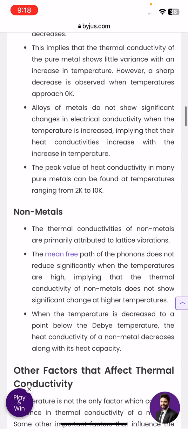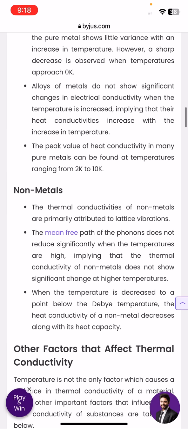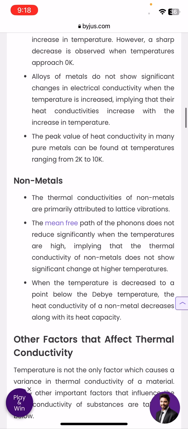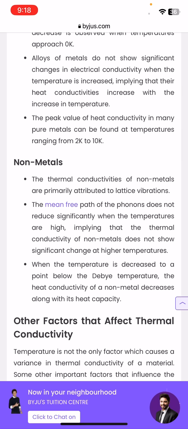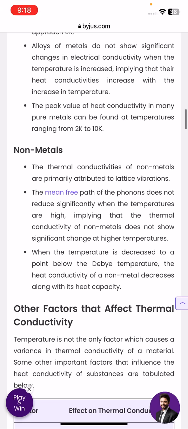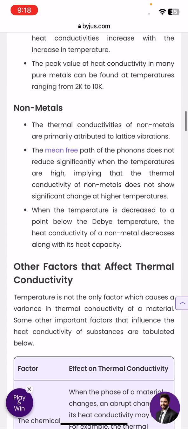Alloys of metals do not show significant changes in electrical conductivity when the temperature is increased, implying that their heat conductivity increases with the increase in temperature. The peak value of heat conductivity in many pure metals can be found at temperatures ranging from 2 K to 10 K. Non-metals. The thermal conductivities of